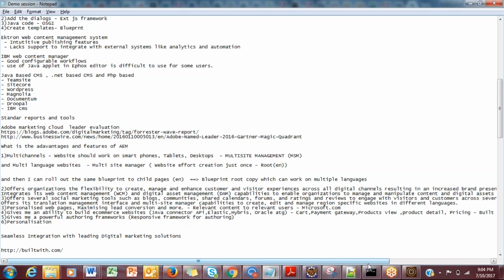And the same homepage URL of my website shows different content, right? Showing relevant content to relevant users. How does AEM do that? AEM gives me a powerful personalization framework where